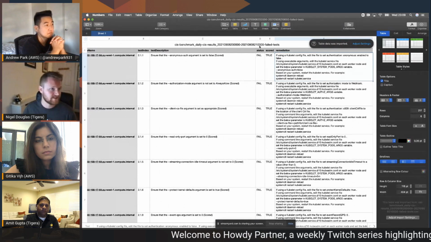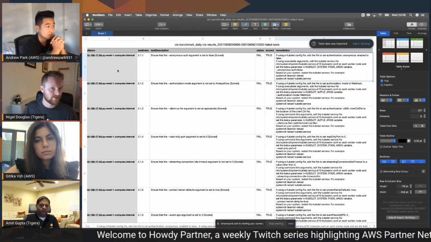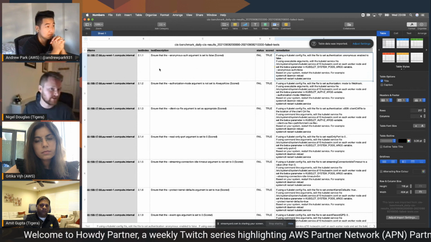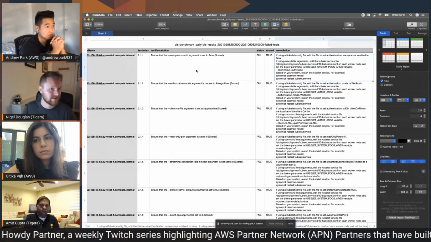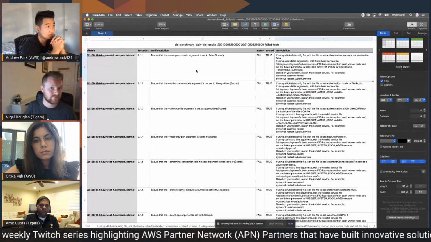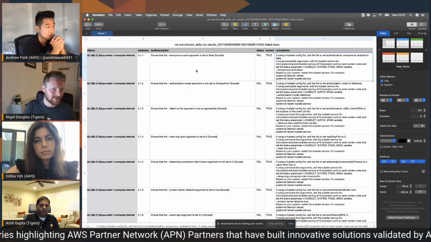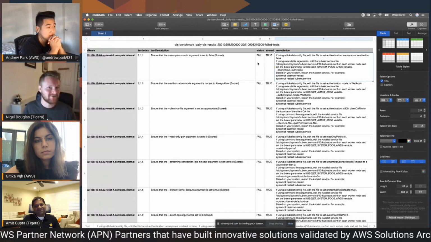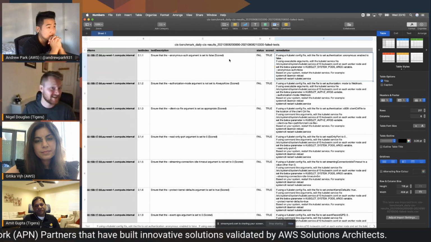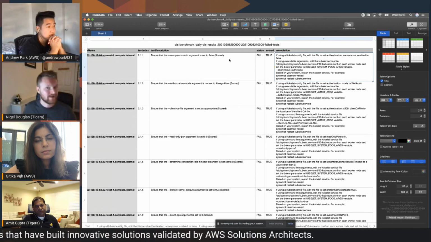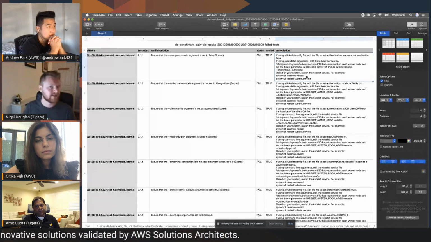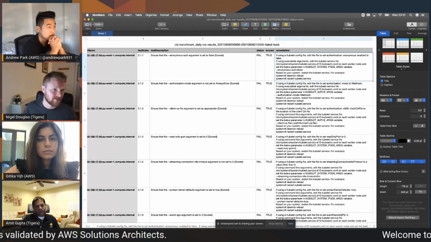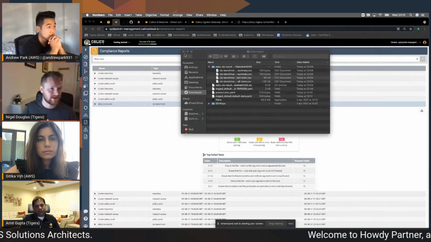So it lists clearly, here is the worker node that has failed the test. This is what they failed on. So some anonymous authentication argument should have been set to false. I know to pass that test, I need to set it to true. But either way, the remediation will go through how I need to restart kubelet and make these changes. So that's really cool from a security posture perspective.